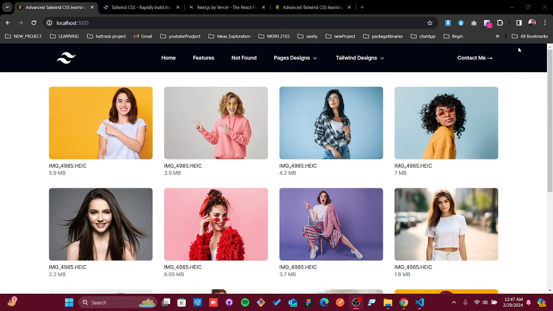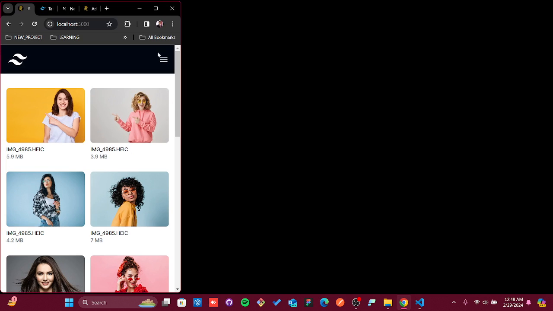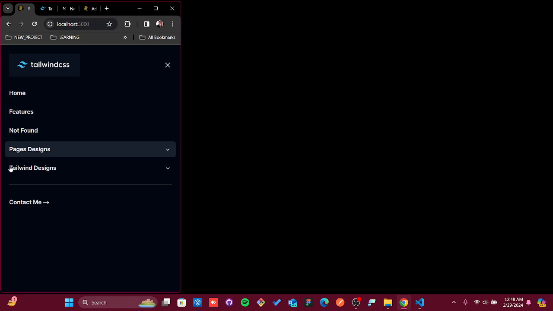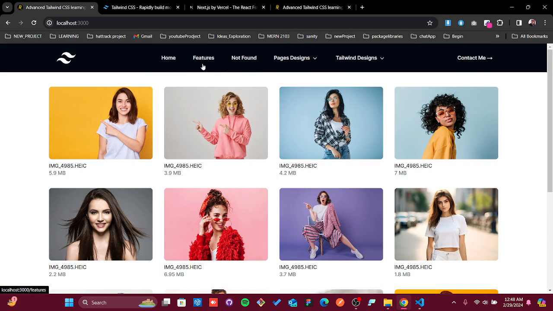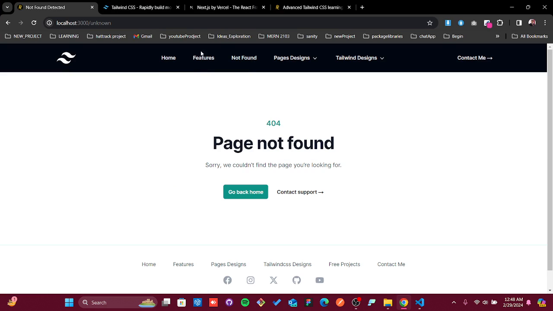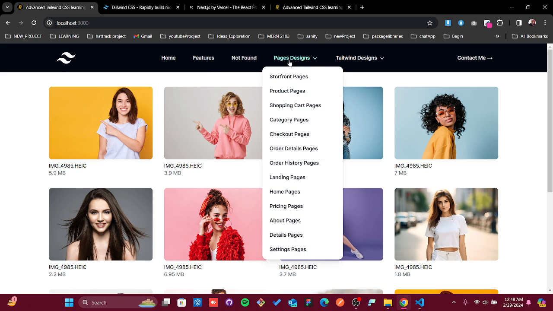Now this website looks very simple, but it's highly responsive. If we go through the small devices, as you see, this is how the menu bar is showing. First of all, let's explore how it can be. It has home, features and not found pages. Just for a bit of design parameter for Next.js, you can now go back to home, and in the tab you see you have the particular pages design, how cool it is,